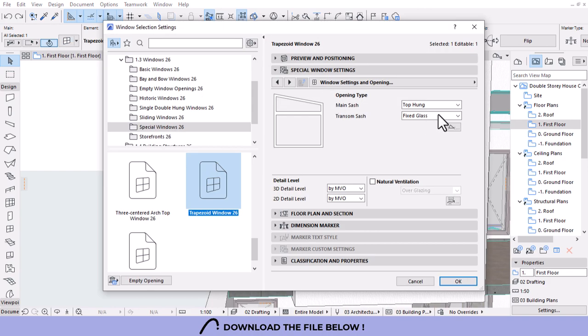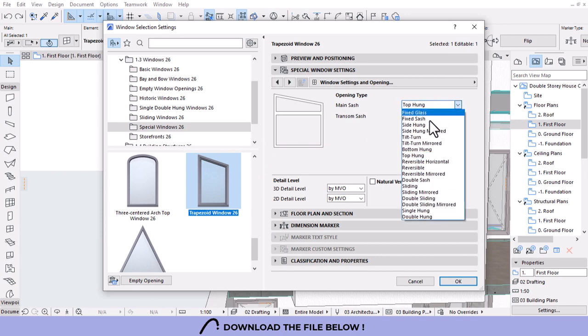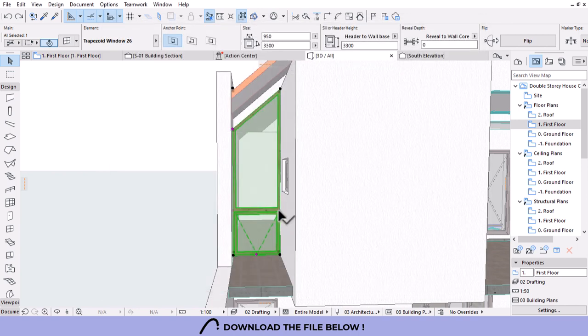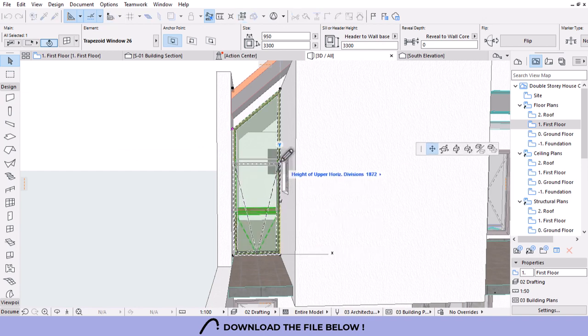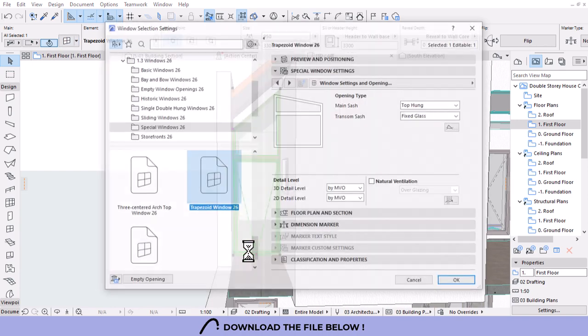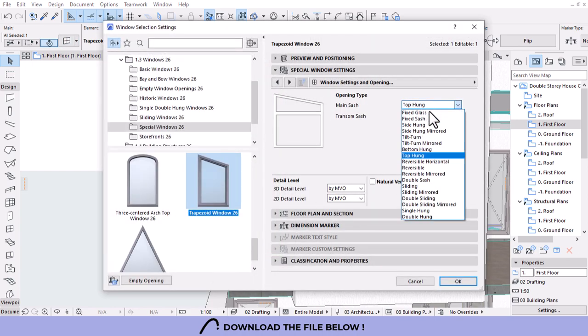Oh, let me do this. Let me fix this one. Or can I do it manually on the 3D model like so? Yeah, but still, we cannot have a top hang coming from there. We can maybe say double section